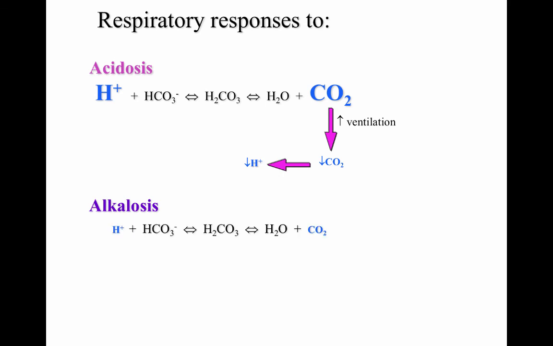In alkalosis, we have a small amount of hydrogen that is tied to bicarbonate that then creates carbonic acid and dissociates into water and CO2. So through decreased ventilation, we increase carbon dioxide and then increase hydrogen, which in turn increases acidity and can reverse